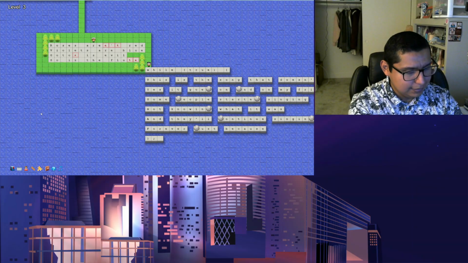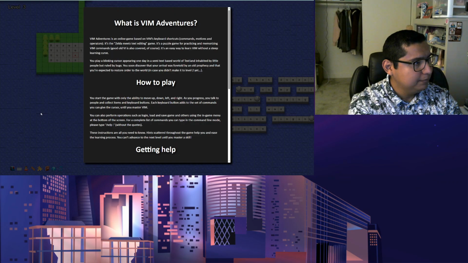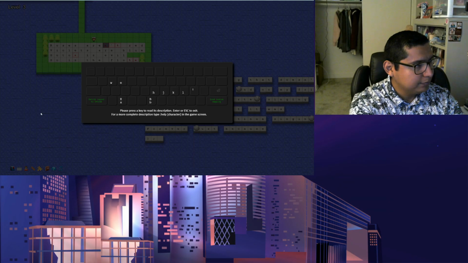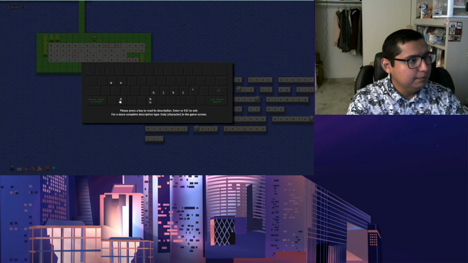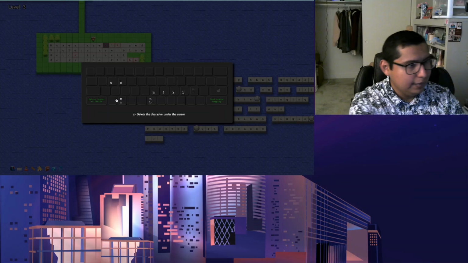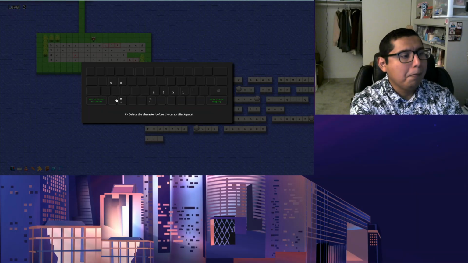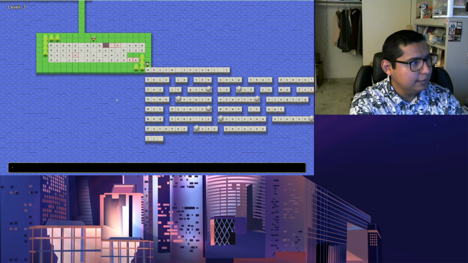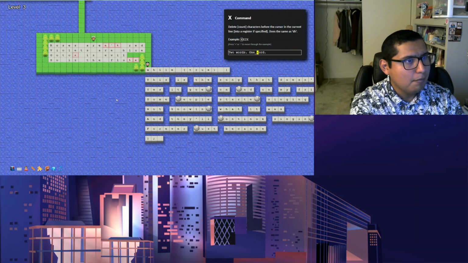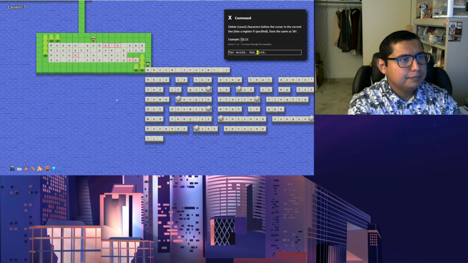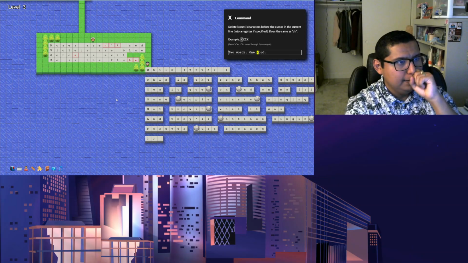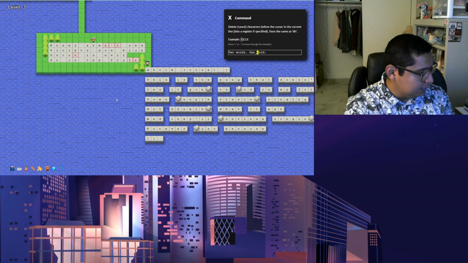Delete is going to be X, actually. If I do help, no, not help. There's like keyboard, there we go. Because I didn't show X. So X deletes the character, and capital X deletes the character before the cursor. Well, we'll see an example of that. Or I think I could do help, capital X, delete, count characters before the cursor in the current line, enter register specified, does the same thing as,